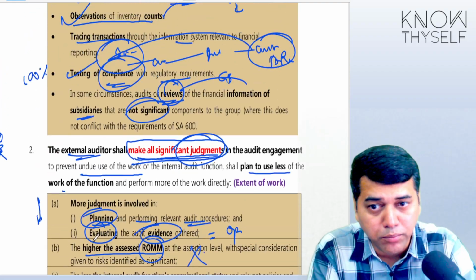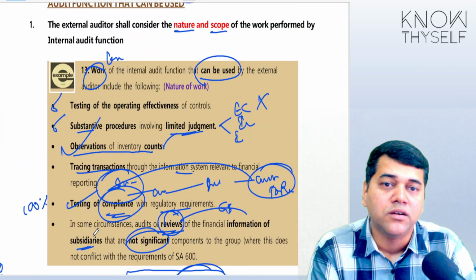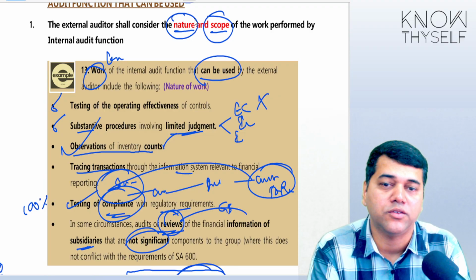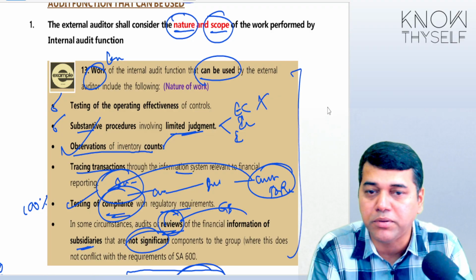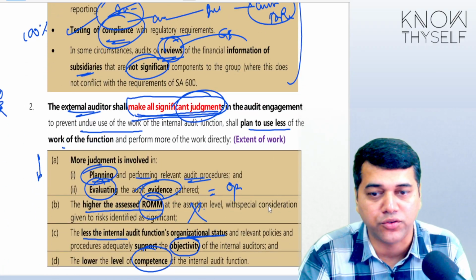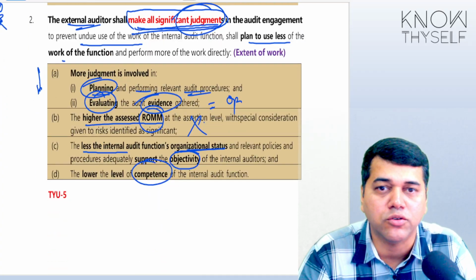Yeah, it's a very important element, students. This is the very first thing you need to understand. Deciding the nature and scope of the work. So I can treat these elements as the examples of the work which you can use, and this is more like a scope, to what extent you can use. Okay, let us see one test your understanding question.